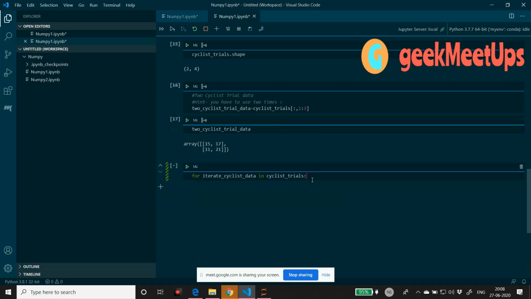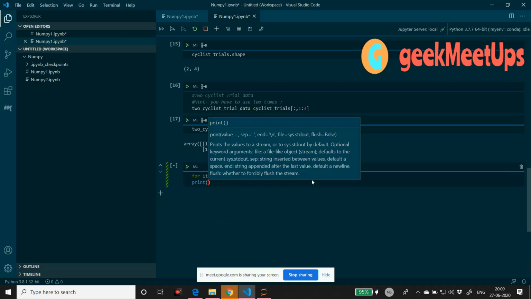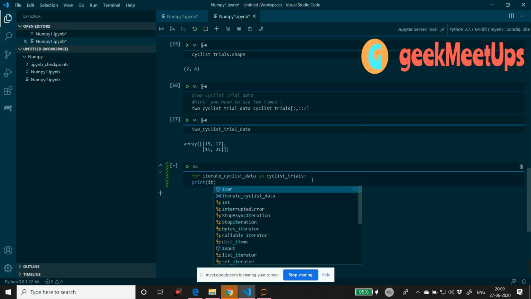I hope you remember the for loop. It is a Python concept that I have explained. When you specify this colon, it has to follow the indentation rule. I am specifying print, and here I am specifying the variable name iterate_cyclist_data that I have taken.